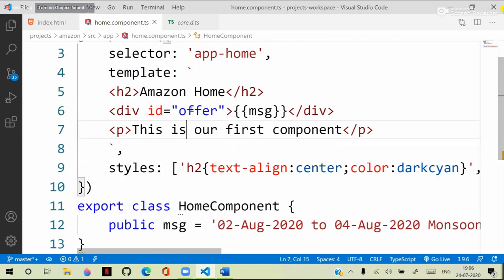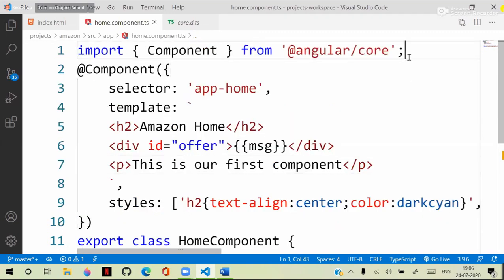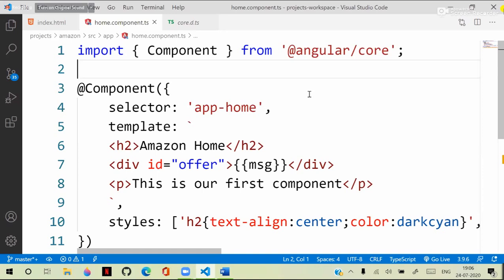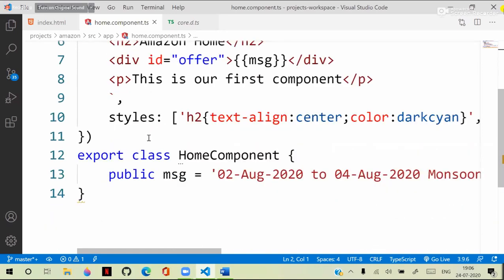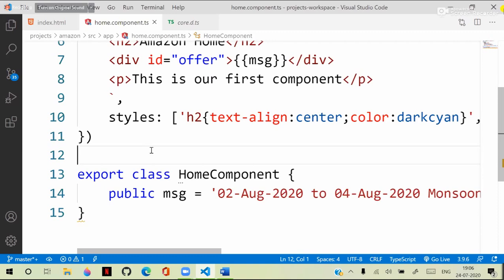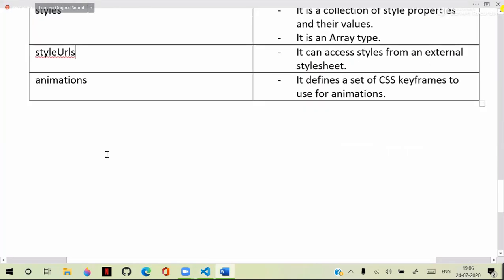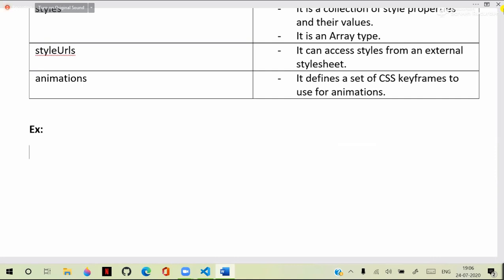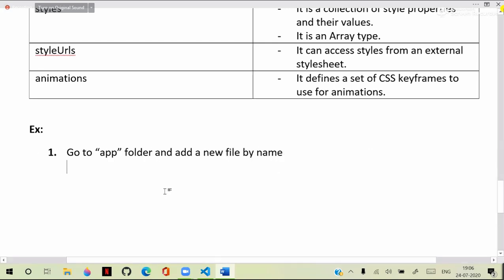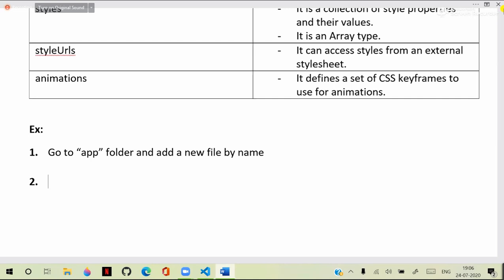So you created a component. But this component is not ready, which means you cannot use this component yet. So in the example, the first point is to go to the app folder and add a new file. So we are adding a new file here. Its name is